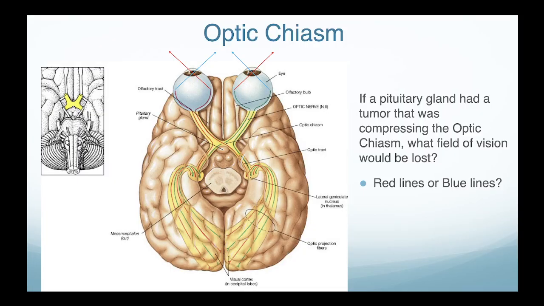So if you follow these lines over here, for instance, if you have a pituitary gland tumor, and as you see in the image, the pituitary gland sits directly posterior to the optic chiasm. So if a pituitary gland tumor is beginning to impinge upon the optic chiasm, what regions of the visual field are going to be affected the most? So take, for instance, the lines that are coming in